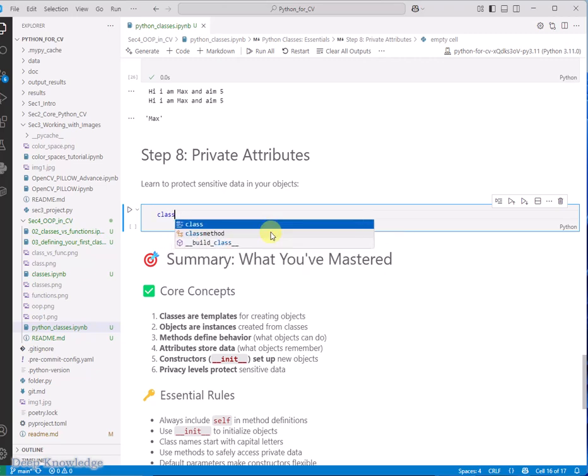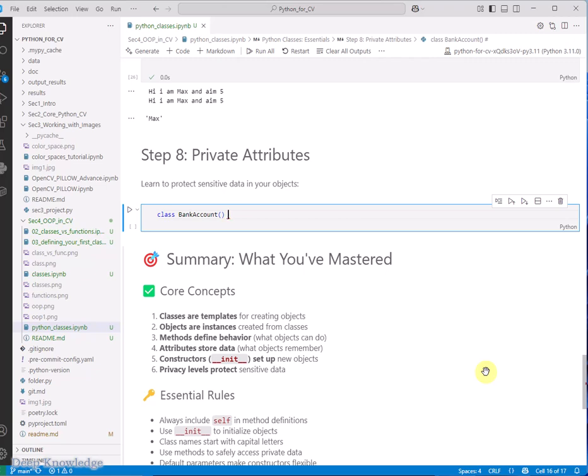So let's create a class BankAccount. And one hint or good practice: every class has to start with a capital letter here, as you can see. But in case you have two different words, you make the first letter capital, and the second word also starts with a capital letter, as you can see, BankAccount,